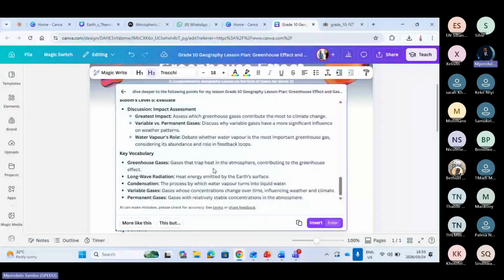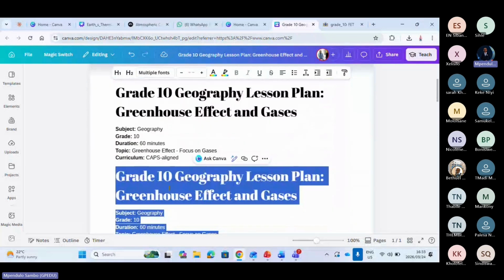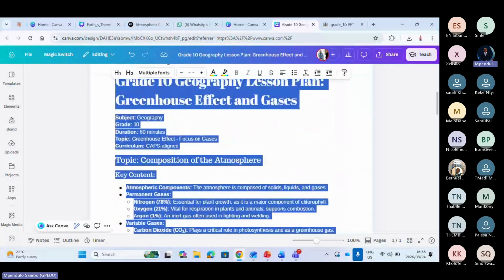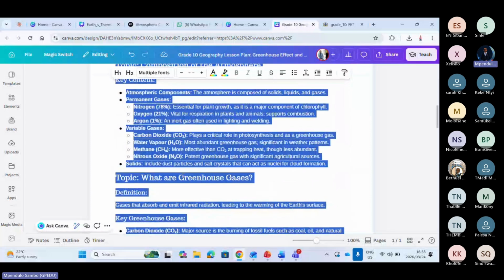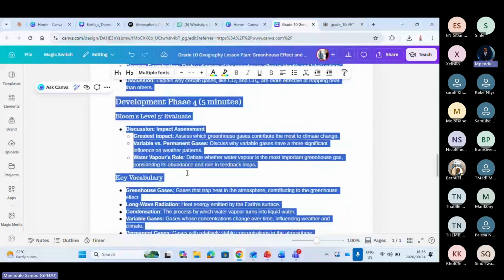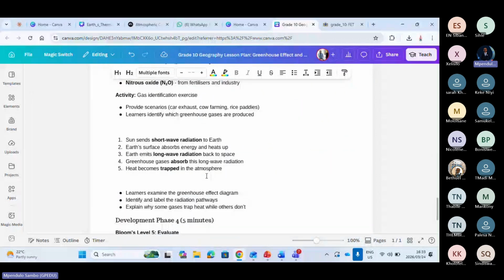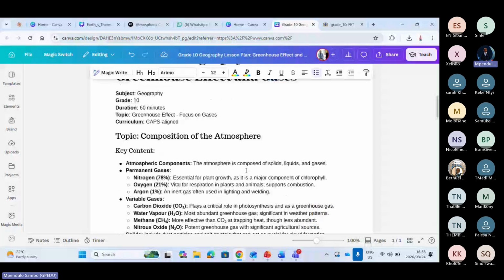where the lesson is inserted. Remember, I copied that one down there, and I've inserted the lesson. Let's check. Check, colleagues. Composition. Atmosphere, it explains. You go down. Permanent cases. These are the permanent cases, 3 of them. Now you can teach using these. Variable cases. These are the cases.